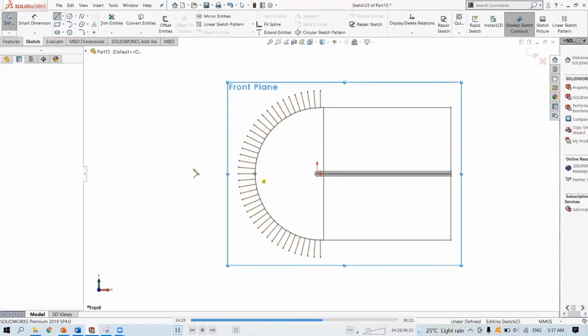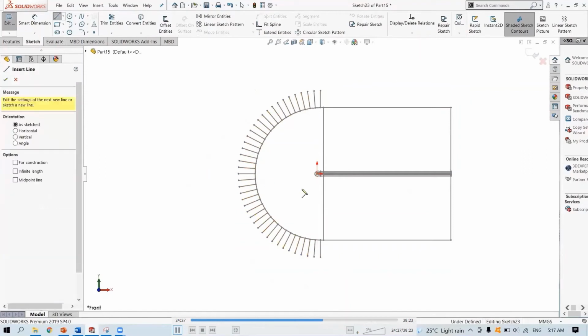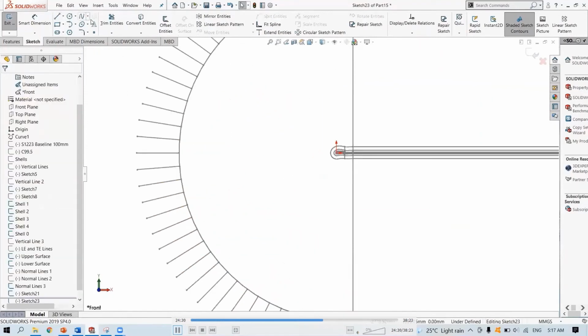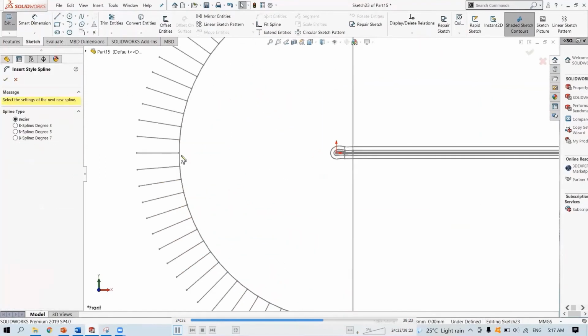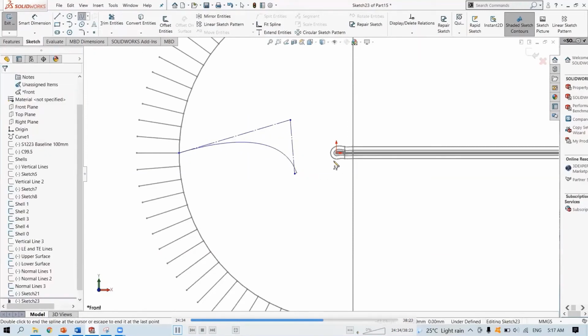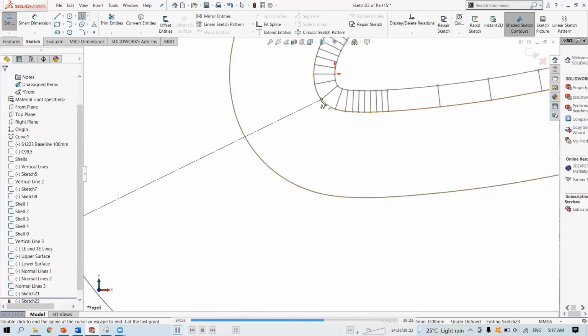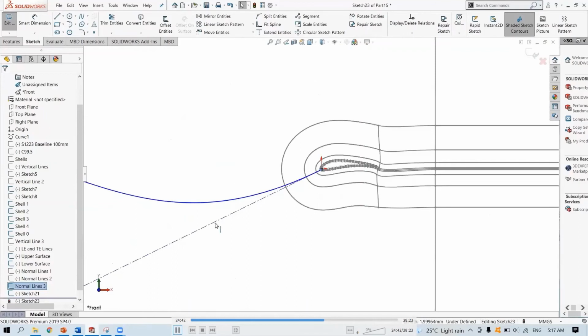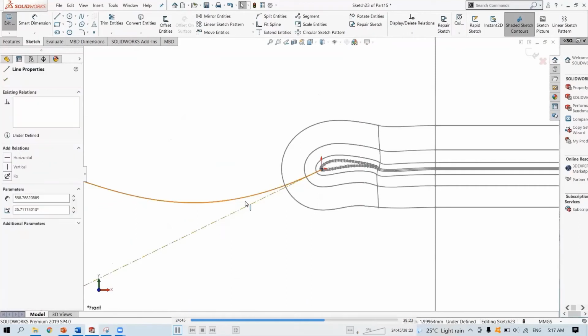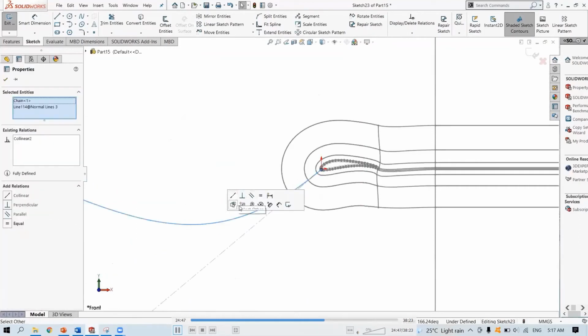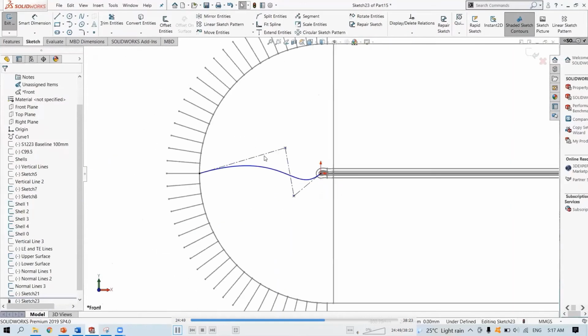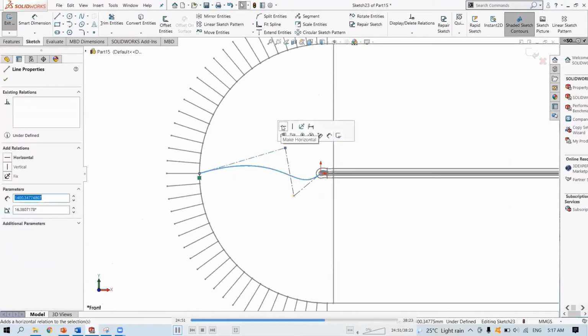Just to check whether that one is the center part, yeah, because it is horizontal. So again, using a style spine, connect to the leading edge. Just make both of them linear. And this one can be horizontal since it's at the center.